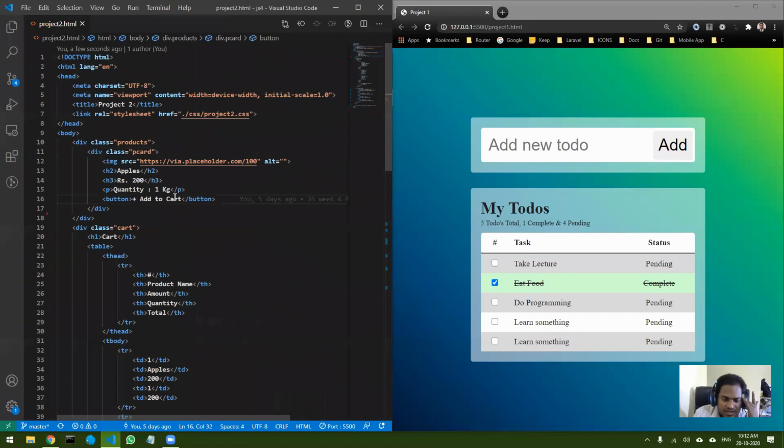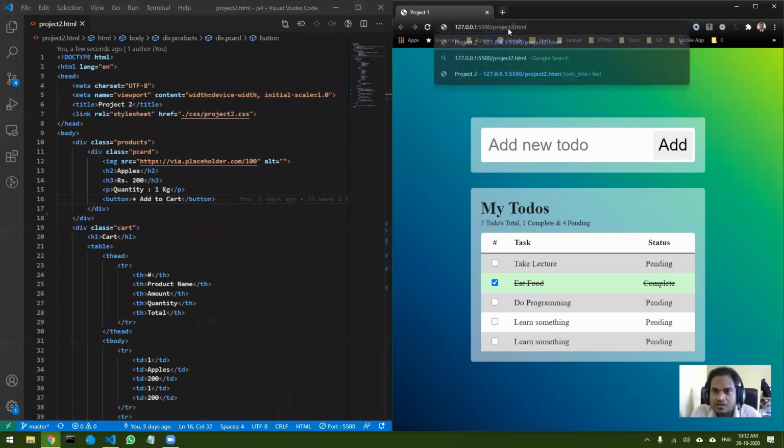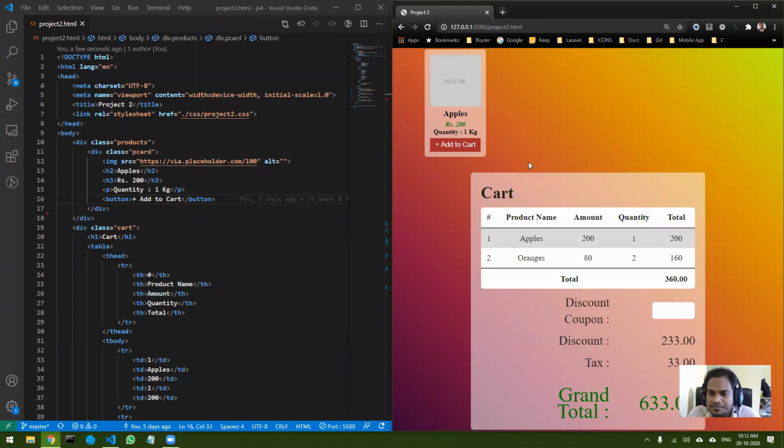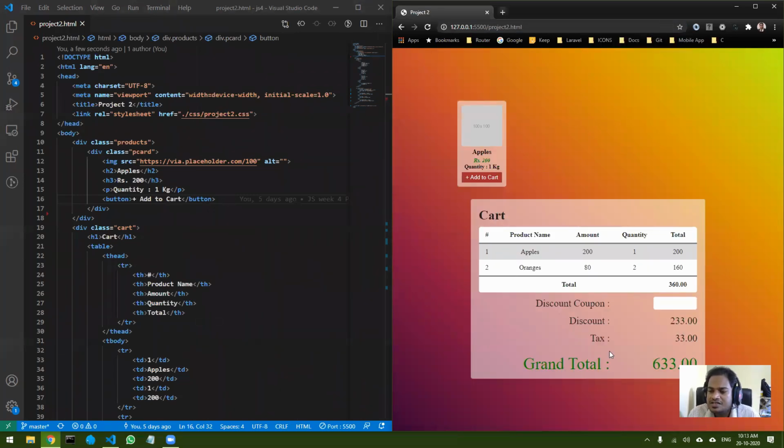this project. Okay, so we are going to just start the project, and then I want you all to complete it. Let me show you what this project is. So let me go to project2.html. Okay, so this is the project.